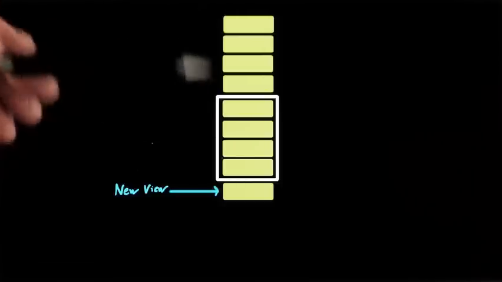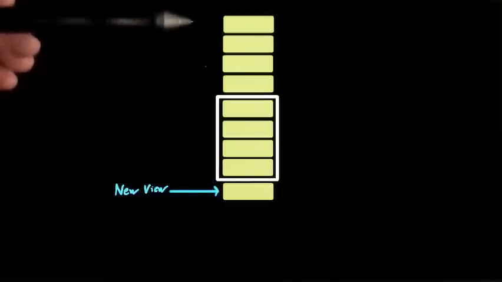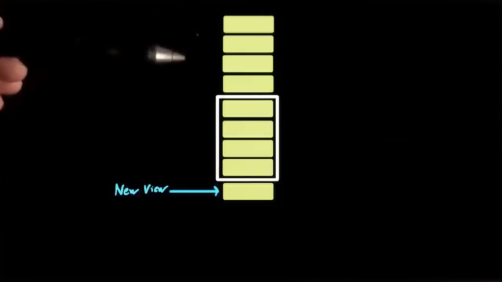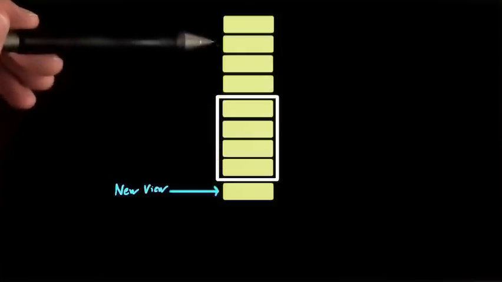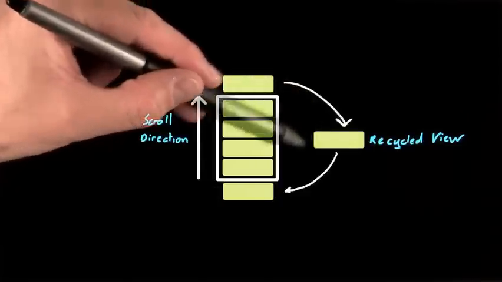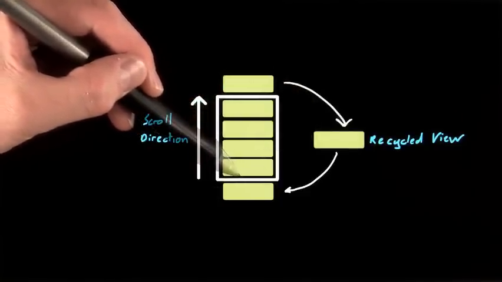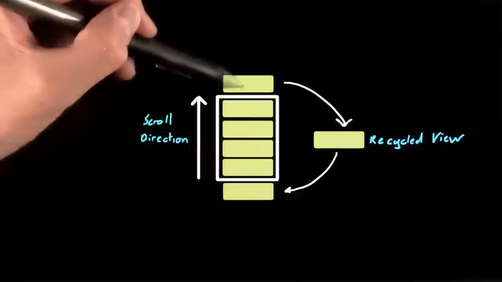As you can see, if the user keeps scrolling, we could potentially just keep adding new views, even if they disappear off the top of the screen. Eventually that's going to lead to the same impact on memory use and performance as if we had just created all of these views directly at the beginning. The solution is recycling each view as it scrolls off the screen, allowing it to be reused when we need to show another item as it moves into view at the top or bottom.